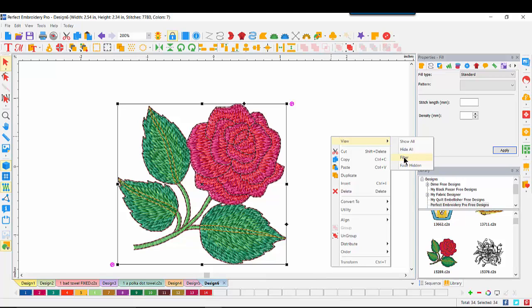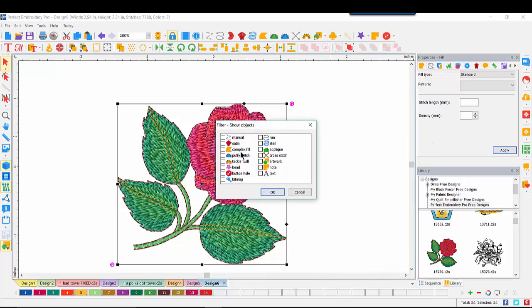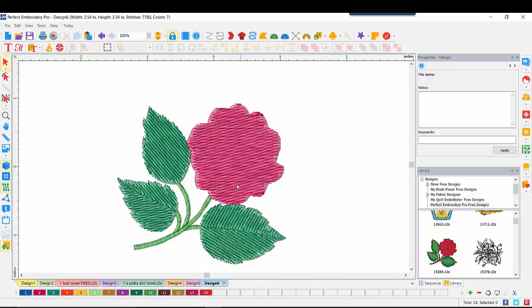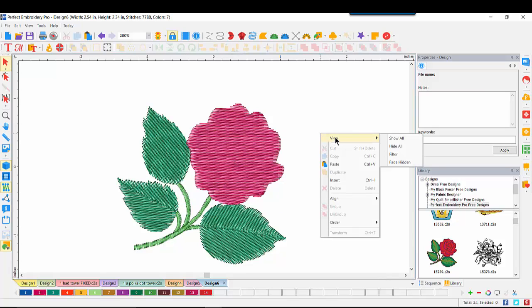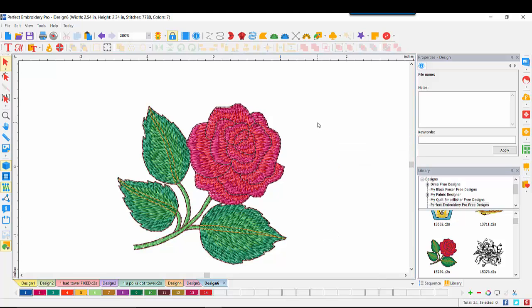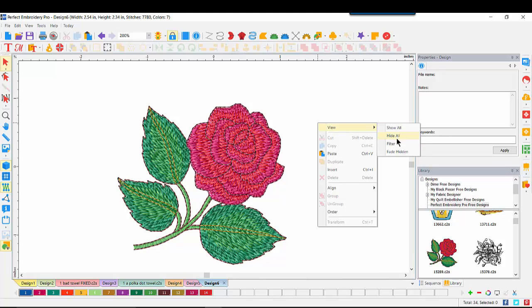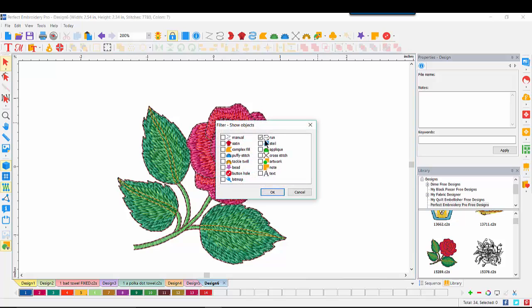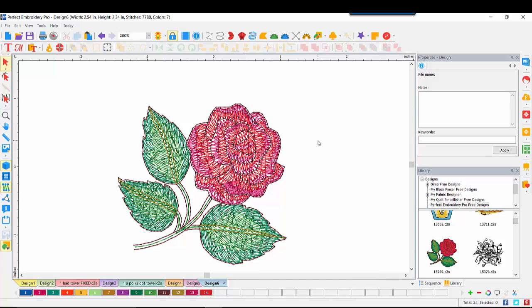The rose is selected. Remember, it does not have to be. I'm going to take a look at the satin and do an OK. And here are the satin stitches in that design. Right click, view, show all. Right click, view, filter, and this time let me take a look at the run stitches, and I see that